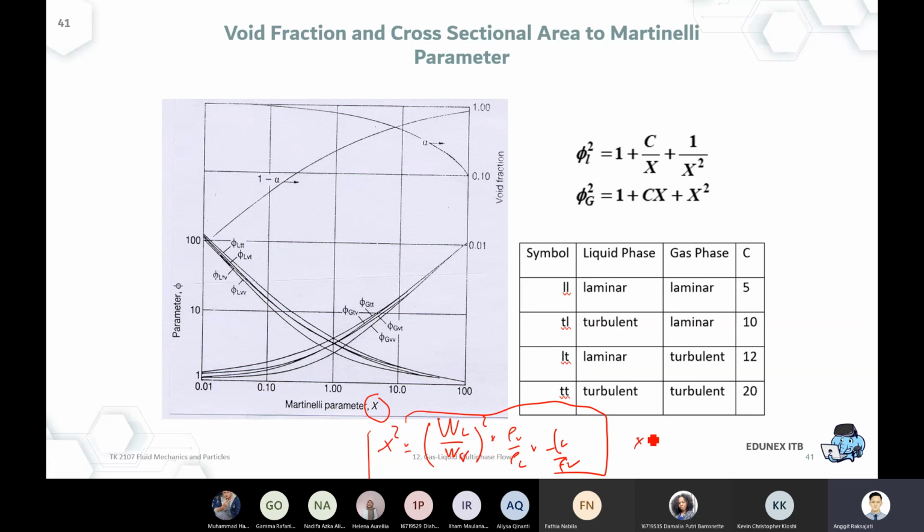So let's say now we know that the X square is 10, for example. That means the delta P liquid per delta P gas of this specific calculation is 10. If the case is liquid, then the pressure drop will be 10 times higher than the pure gas condition, as an example. Then you just have to go into this last part of the calculation. So X square is 10, so now X is actually square root of 10. So it's, I don't know, 3 point something.